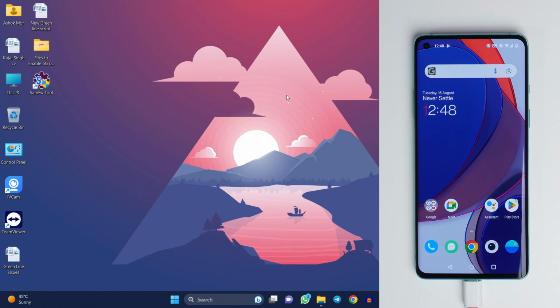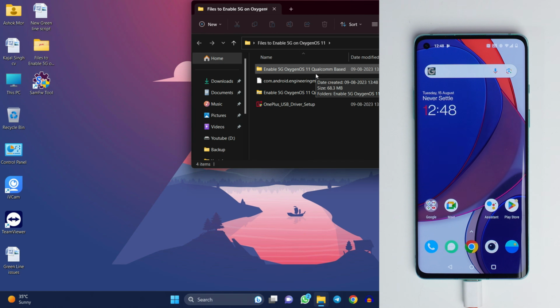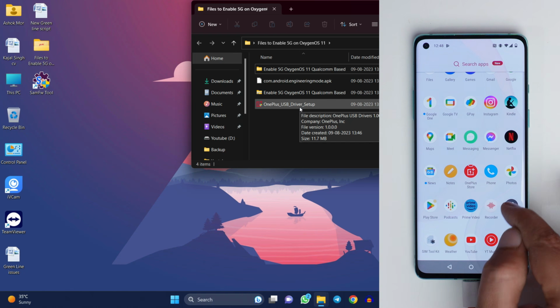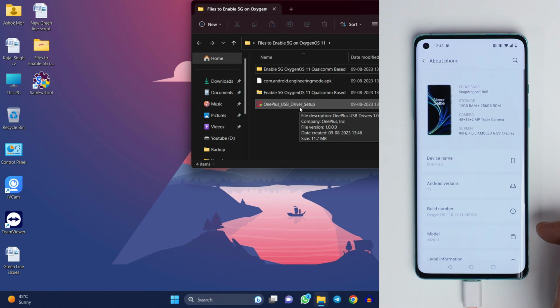So to enable 5G on your device which is running OxygenOS 11, you need to download a few files. So here you can see I have a set of files which includes Qualcomm drivers, engineering mode APK and even OnePlus USB drivers. First of all, let me show you on my device. So if I go to the about section, here you can see the device is running on the final build of OxygenOS 11 which was